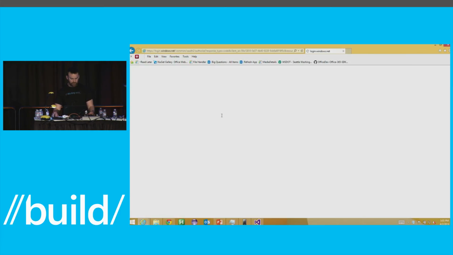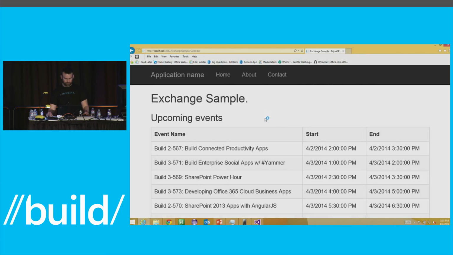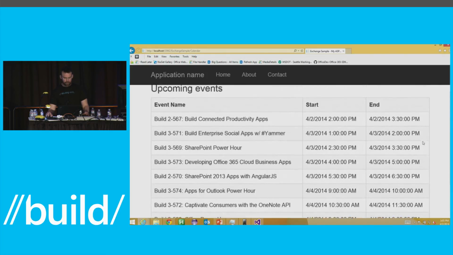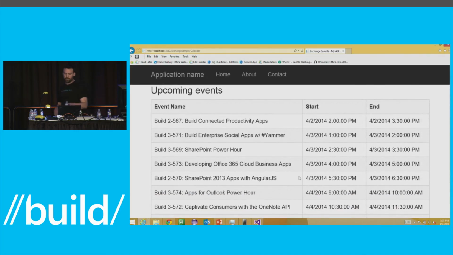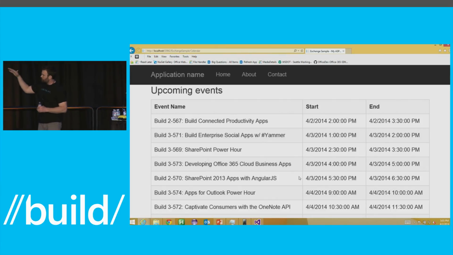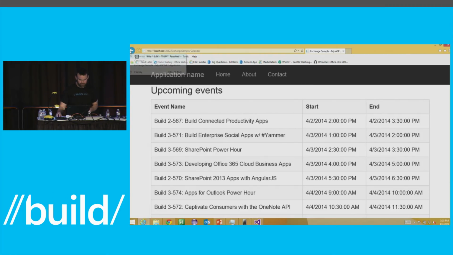It lets me click on Calendar. You can see we're getting that login, so that handshake. And there's that list of calendar items. So my little MVC app just running here on localhost called out to O365, was able to see the list of calendar items, and displayed those for me. That's cool. That is very cool.